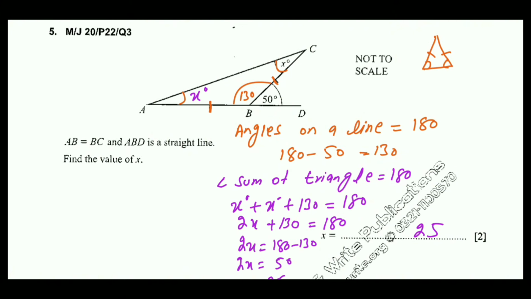So this is an isosceles triangle. We can see this one. This is an isosceles triangle because these two lines mean that these two sides are equal. If these two lines are given in any triangle, it means this triangle is an isosceles triangle, and we can use the properties of isosceles triangles here, that the base angles of that triangle are equal.